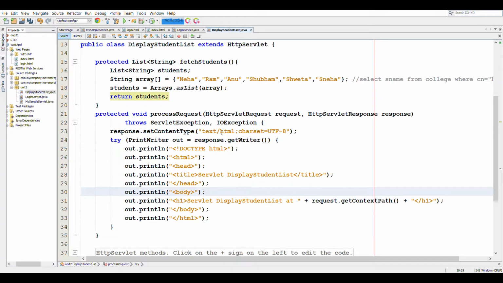Now, in the processRequest method, which can be either doGet or doPost, we will be displaying the student list as it is.